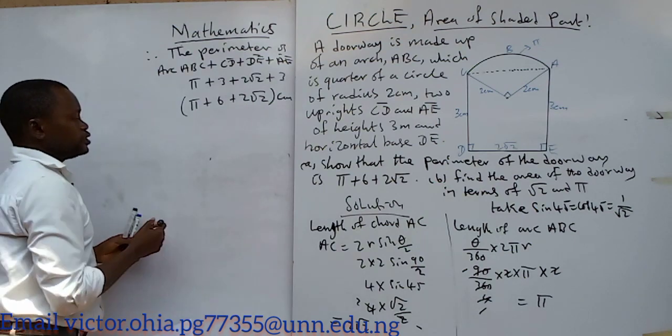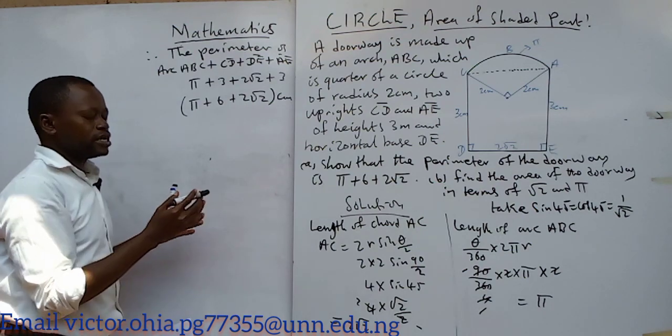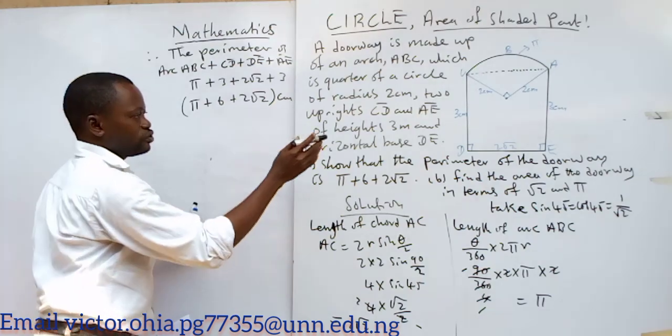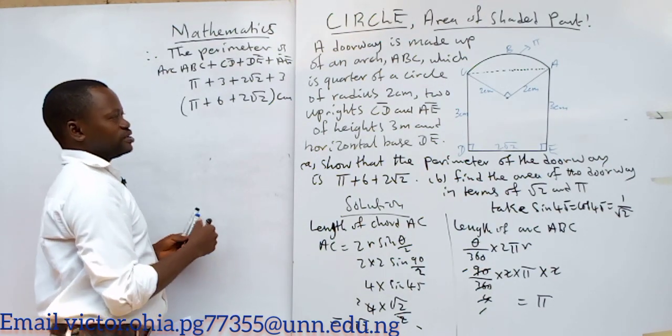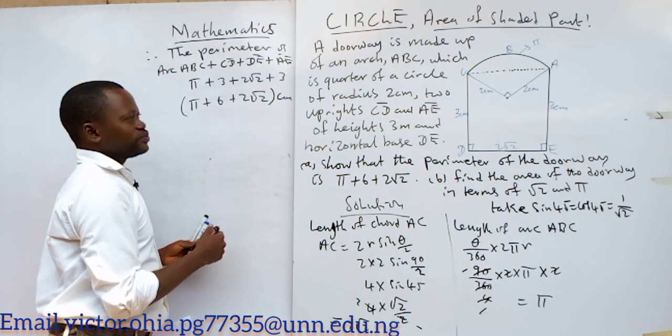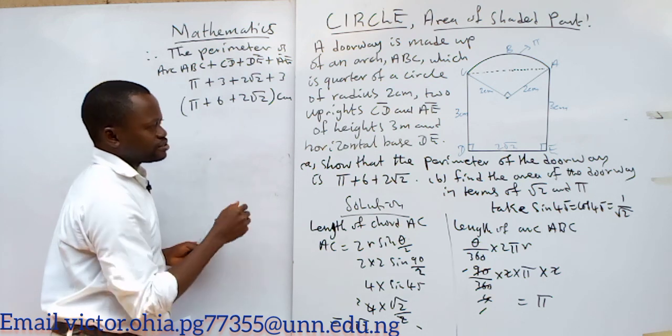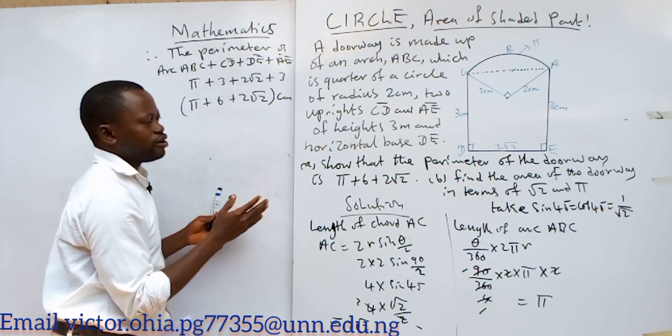So that's the perimeter of the door, the perimeter of the doorway. Okay, so what else did they ask us? They say we should calculate the area of that doorway,